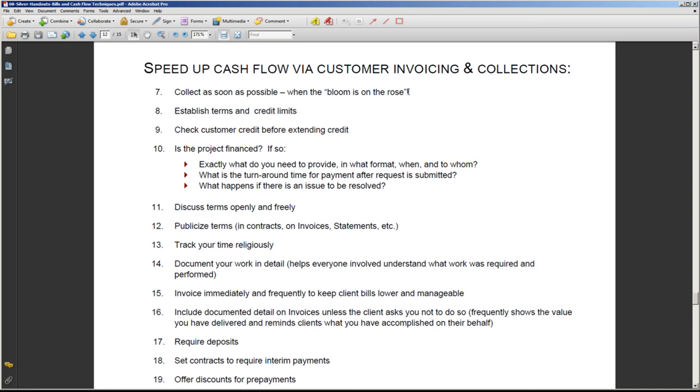If the project is financed, you need to know exactly what you need to submit in order to get financing on a timely basis. How long is it going to take? How do we handle any issues to be resolved? Be sure that you're open and very upfront about what your terms are, so everybody knows what's going on. Get all that stuff on your contracts, invoices, and statements. Track your time. I mean, there's just a whole set of things that I've included here that you can use to keep that cash flow moving. Now, something that a lot of people do and have very good success with is